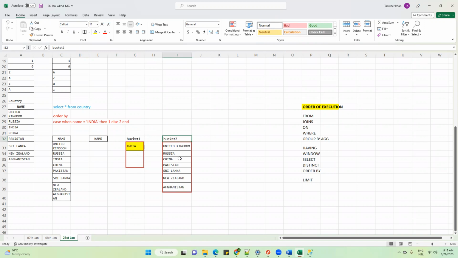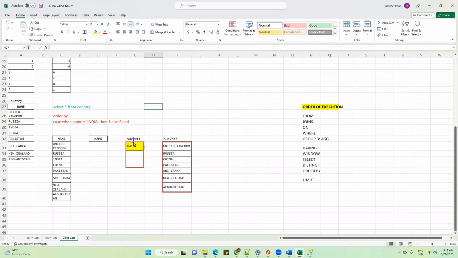It is like a black box for the engine. The engine will sort these buckets. You have told ascending order because you have not mentioned anything. So in ascending order, which bucket will you keep on top, bucket 1 or bucket 2? Bucket 1, right?